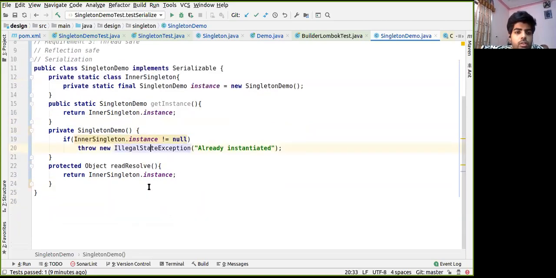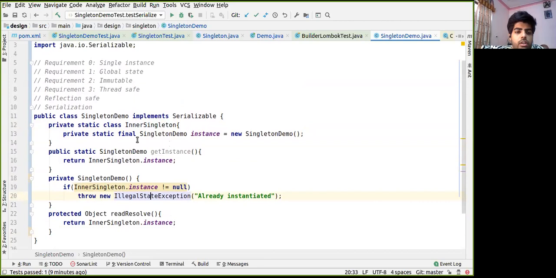Okay. So we have achieved the lazy behavior of instantiation. Whenever we call the get instance method, it will load the inner singleton class and the instance that it has and return the same. So let's test it once using our test.